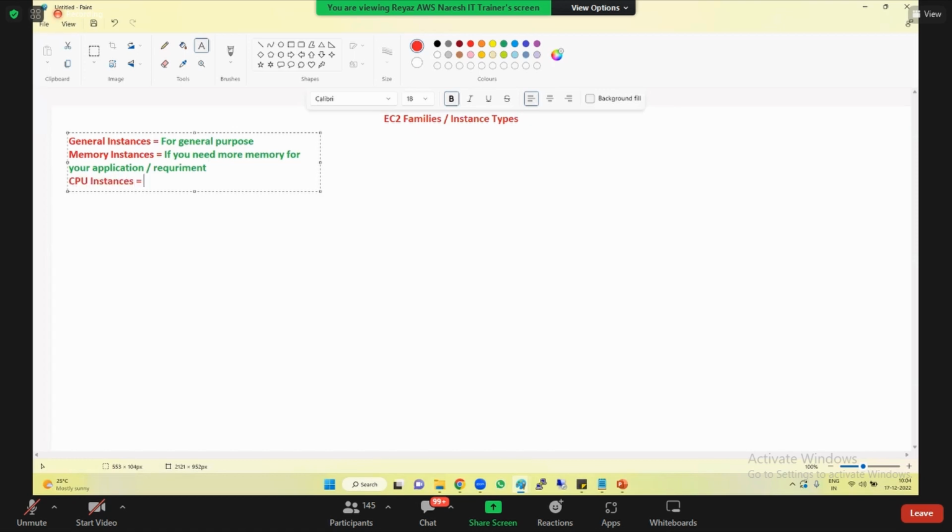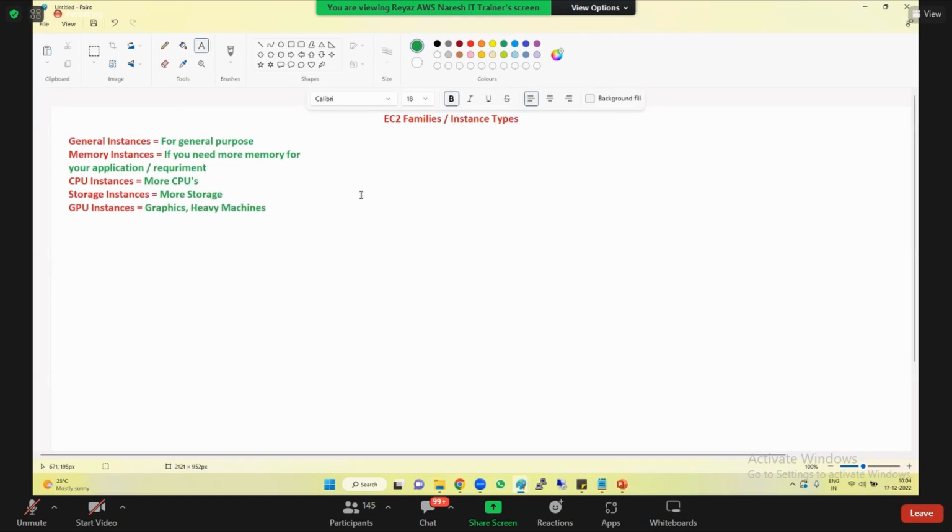families. CPU instances, if you need more CPU power, go for it. Storage instances, if you need more storage, go for it. And then GPU instances, if you need more graphics related or heavy machines, go for this. So like this, AWS came up with different categories. Categories, not families, nothing but categories only here. So inside each family, general instances, memory instances, CPU, storage, like this in each and every family, we have